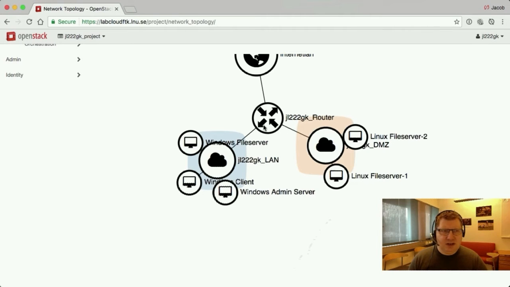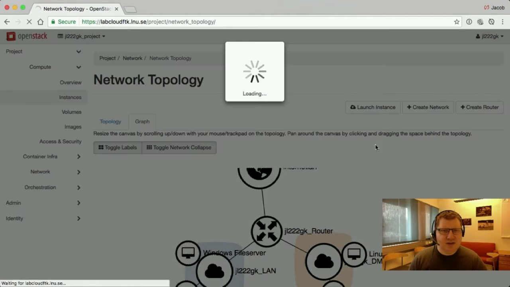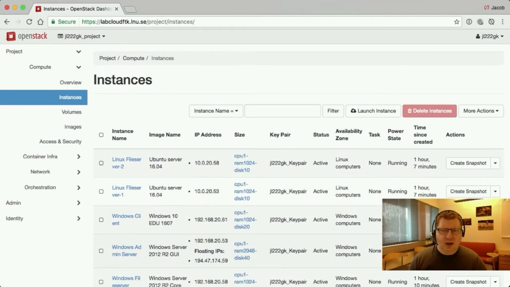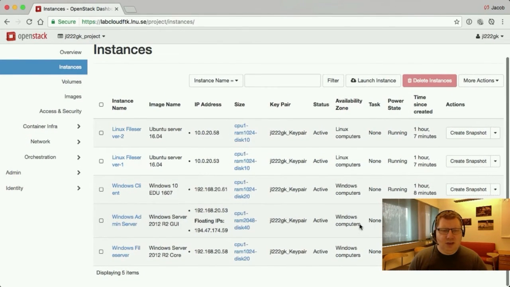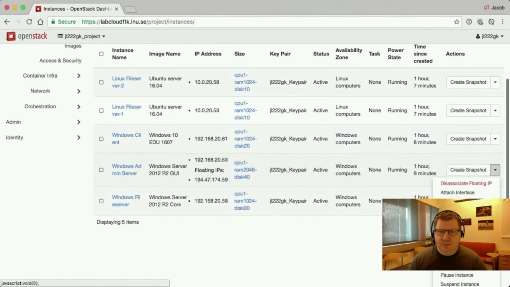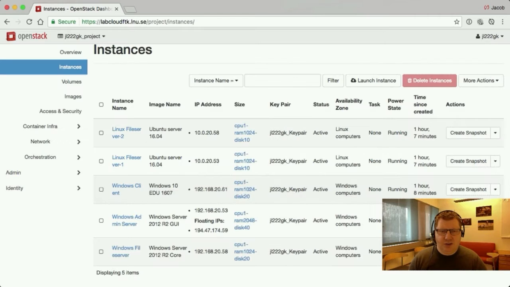So this is my setup as of now. You can see if we go to compute and instances, I haven't done any real configuration on the machines. I only made sure that I have an admin account with a complex password on them, and I set up the admin machine to have a floating IP, and on that I also have RDP enabled so that I could connect to that machine. So if we jump to that machine,